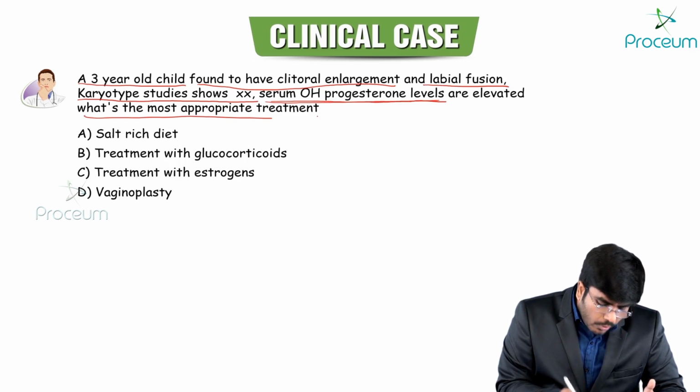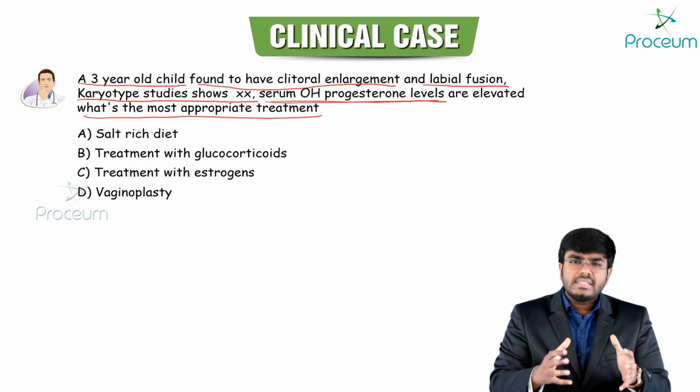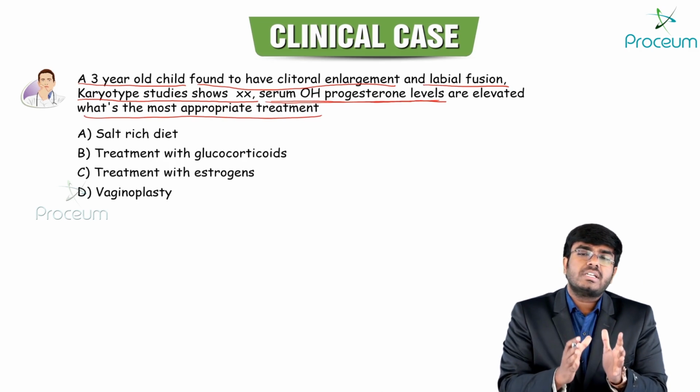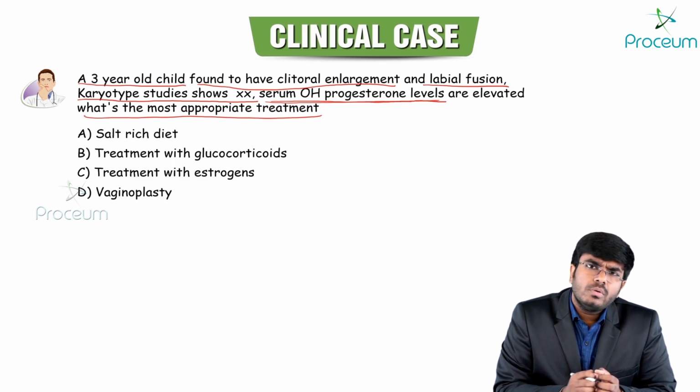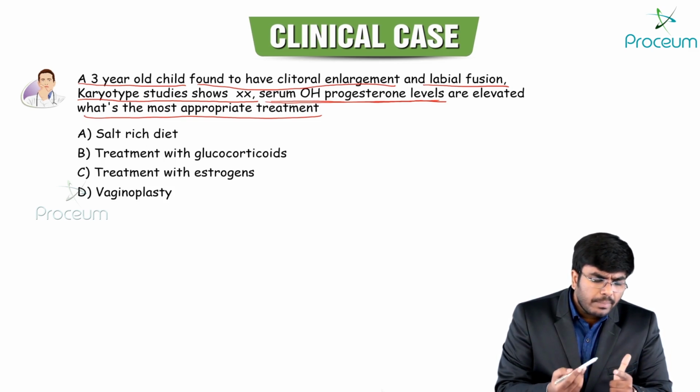What is the most appropriate treatment? How do we treat a child or this female who is having congenital adrenal hyperplasia? What we can do: for the replacement of mineralocorticoid, you can give fludrocortisone. For the replacement of glucocorticoid, you can give